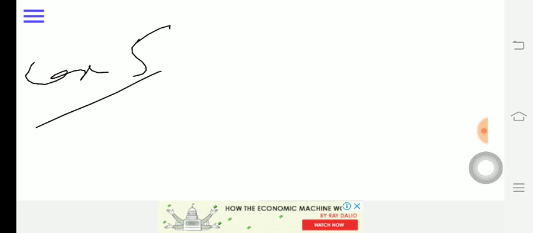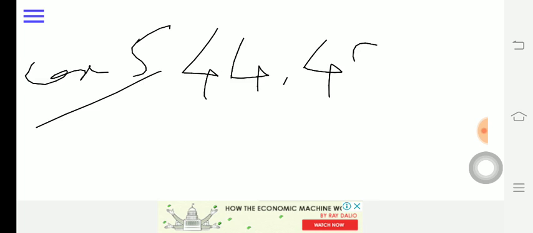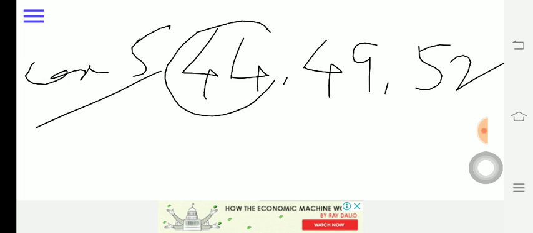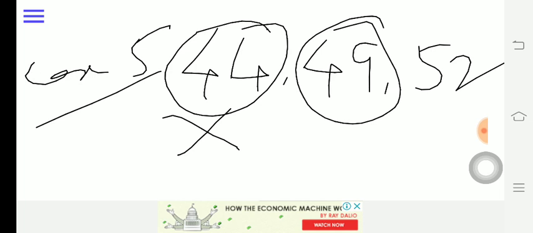Let us take case 5: 44, 49, 52. This is the most confusing case, because many students are confused whether they have to give one more exam or two more exams in the next attempt. So check the first criteria. This is less than 45, which means you will have to reappear in this exam. This is greater than 45, but